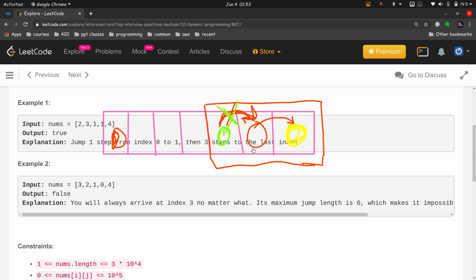Now the second last point, we can reach the last point from the second last point, so our new target is the second last point. Similarly, we can't reach the second last from the third last, so the target is not updated and the target still remains this point. Now the array will include this box also.